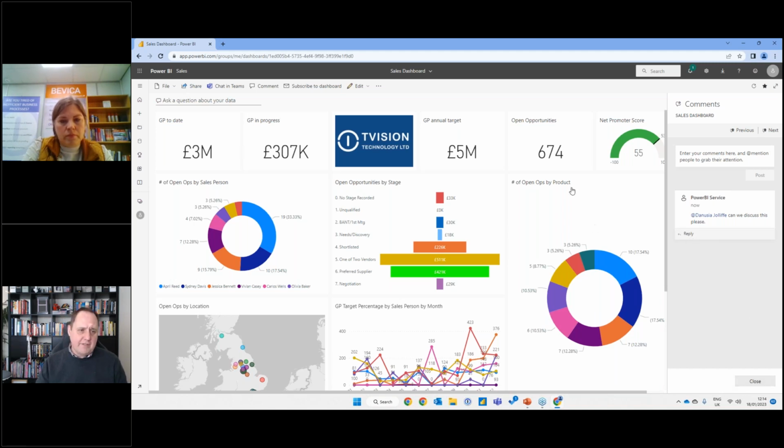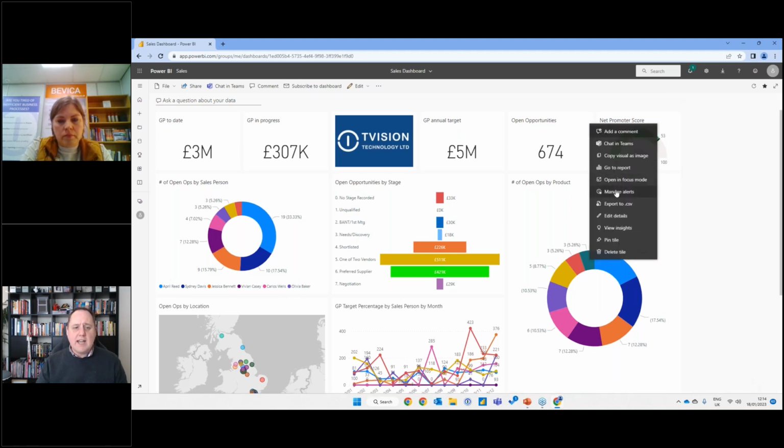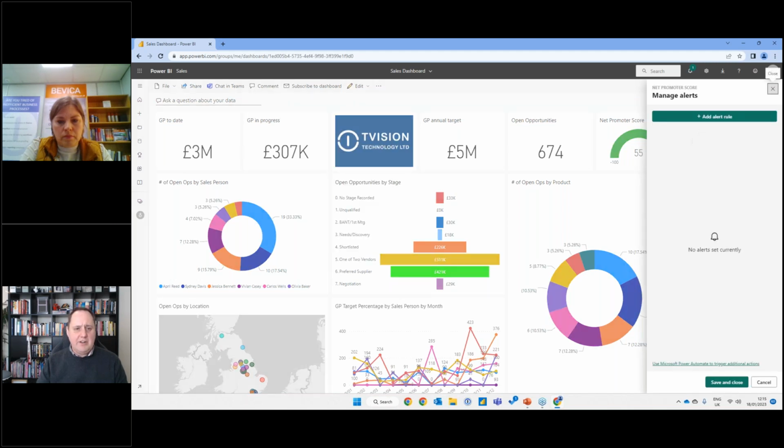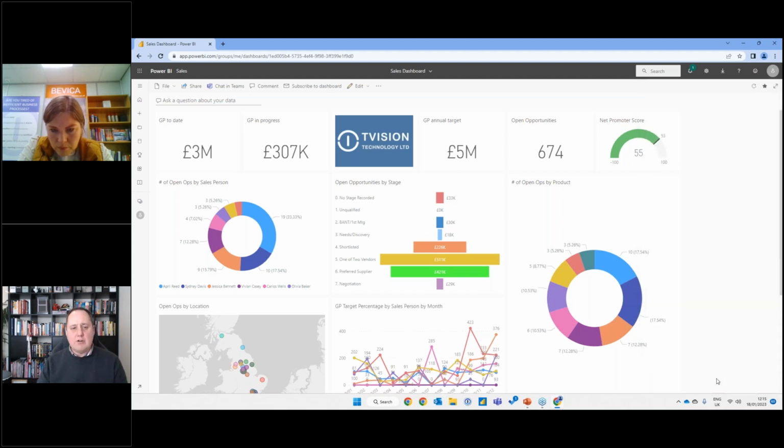Another neat feature that we have is the ability to create alerts. So perhaps we want to know if our, in fact, let's pick Net Promoter score drops below 50. And we want to be told on email and within our app if we've got it. Creating an alert is that simple. I've now added a new alert to tell me if something happens, positive or negative, and it'll send me an email, and via my iOS or Android app, it'll send me a pop-up on my phone or tablet as well.